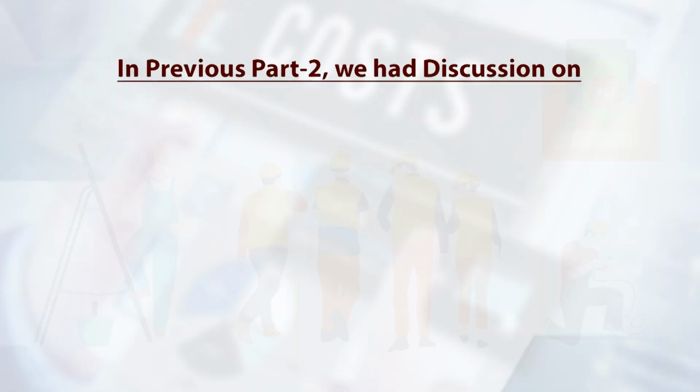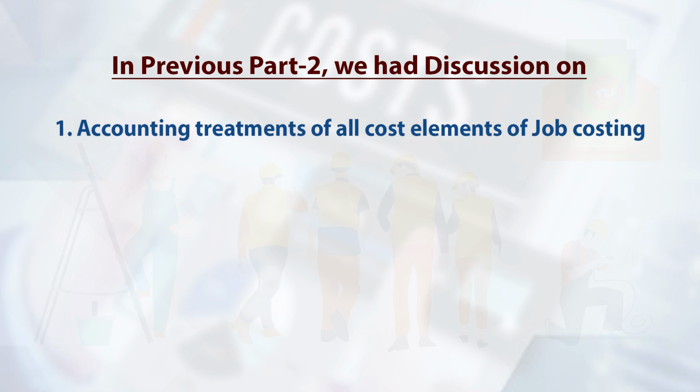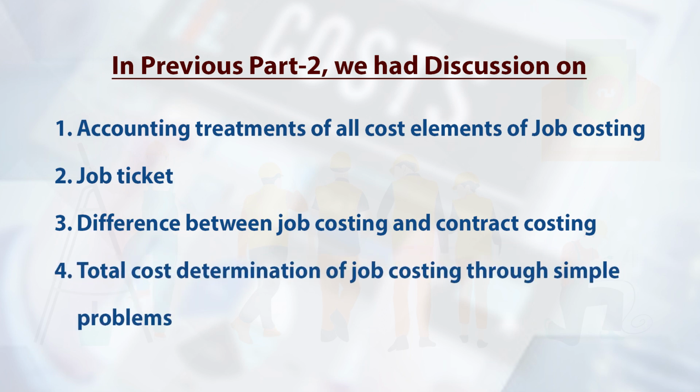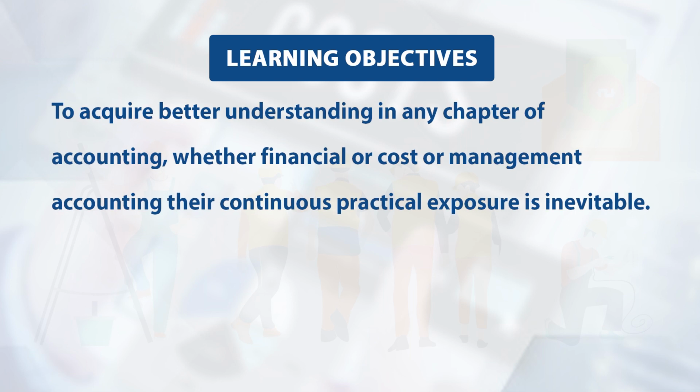In previous Part 2, we had discussion on number 1, accounting treatment of all cost elements of job costing, number 2, job ticket, number 3, difference between job costing and contract costing, number 4, total cost determination of job costing through simple problems. Now, the learning objectives of Part 3 of job costing are number 1, to acquire better understanding